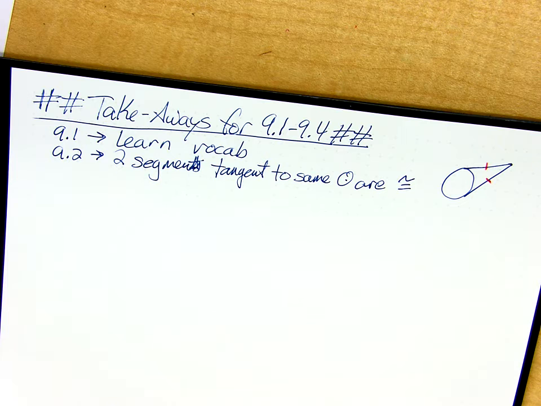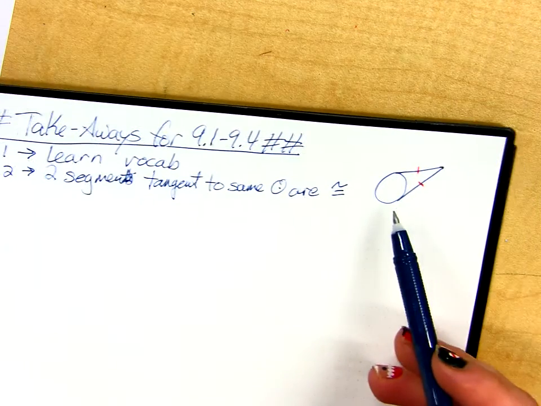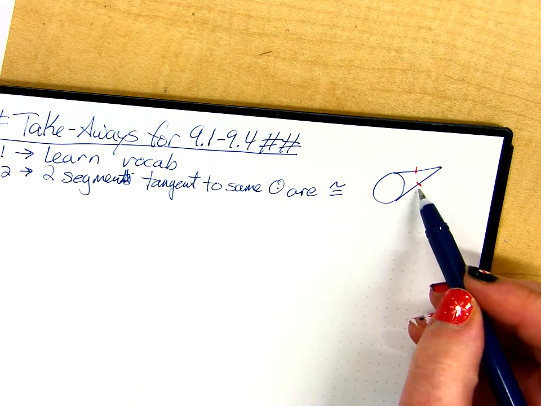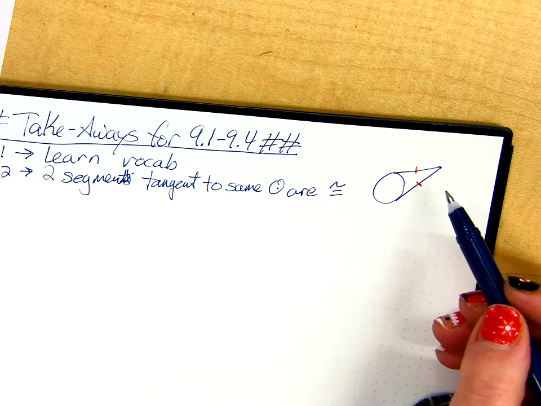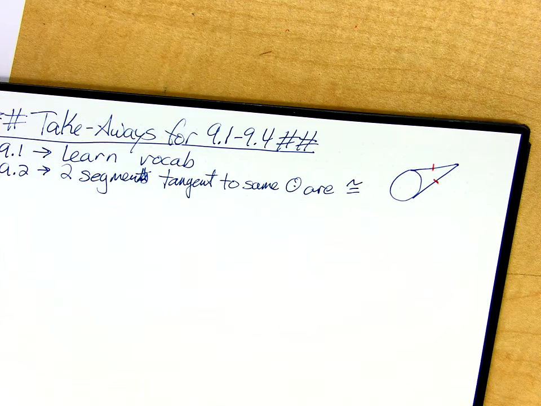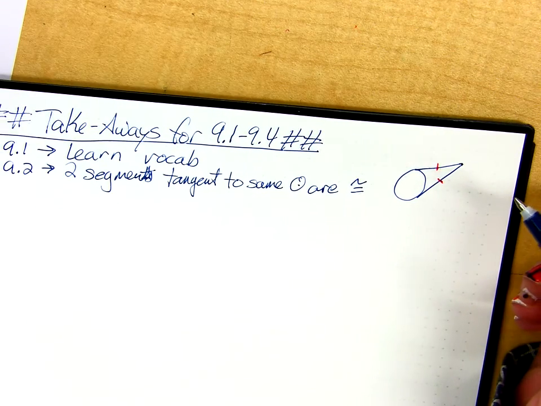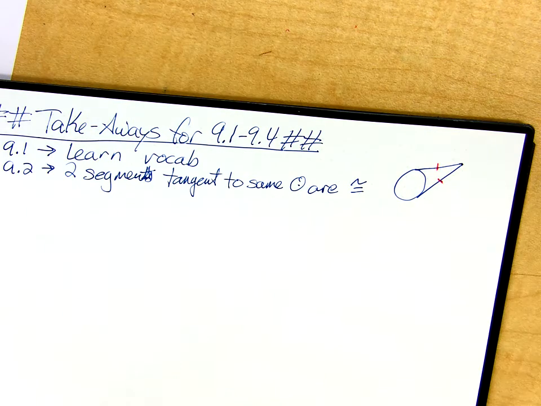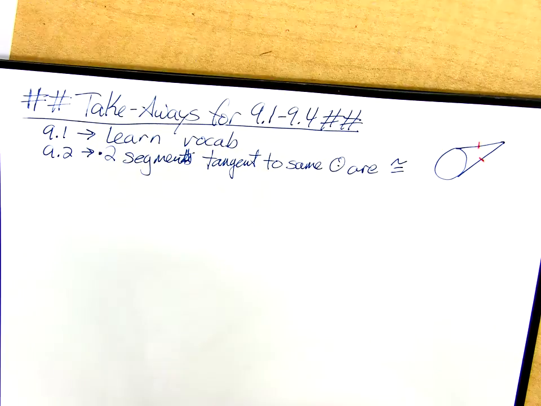Right. Okay, then in 9.2, one thing that we learned is if you have two segments that are tangent to the same circle, they're equal to each other. So this was the ice cream cone thing, right? Because it kind of looks like an ice cream cone, or the dunce kid, however you want to remember it. I don't really care, as long as you know that those two segments are going to be equal to each other. Okay? So if you have two segments tangent to the same circle, those pieces are the same. Okay? Then in that same section, we also learned that